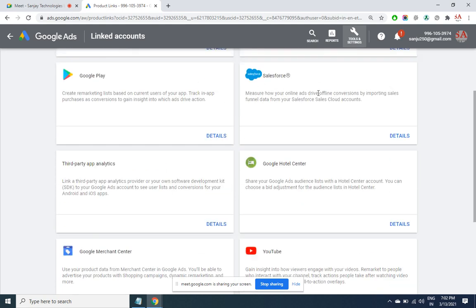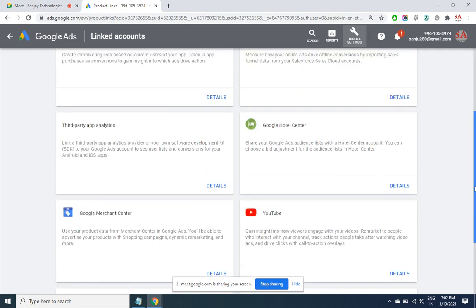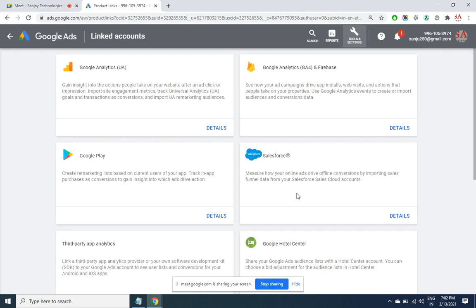This is a little technical, those people who have done this course, they'll get to know how this would benefit them. If you link it to YouTube, what and all the videos are there in the YouTube, that will come here preloaded. Then you can edit that, you can remove it or add another one. If you connect it through Play, whatever apps that you have uploaded in Google Play Store, that will come here automatically.